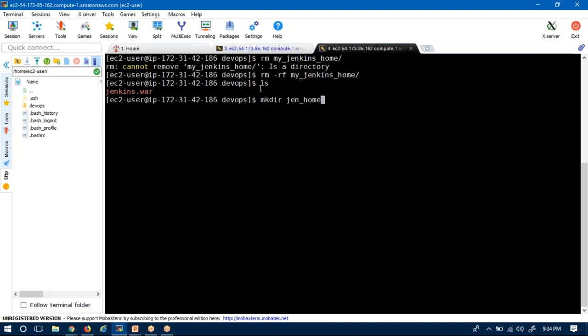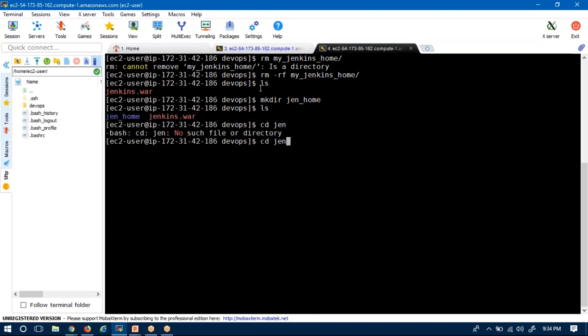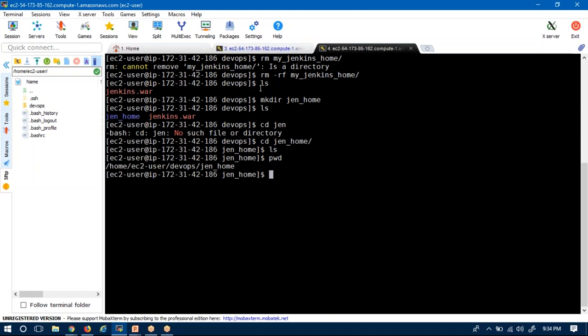Now I am moving into that folder. Now I want this as my Jenkins home directory. Just assume as of now you didn't run your Jenkins server on this host. Before starting your Jenkins at the very first time, if you want to make your home directory a particular location, you need to export your Jenkins home.